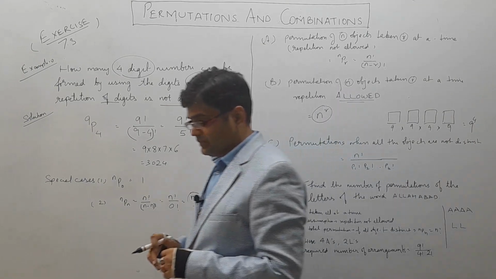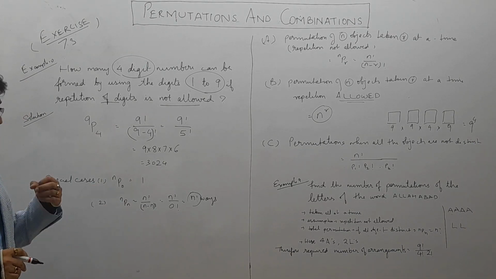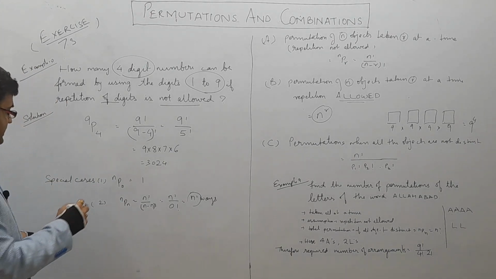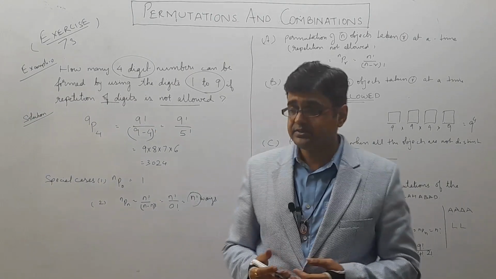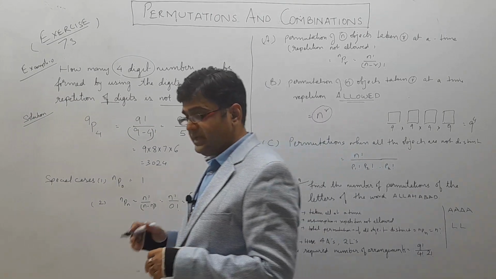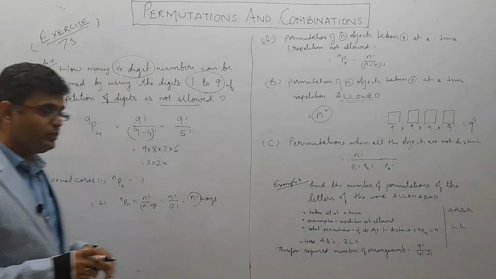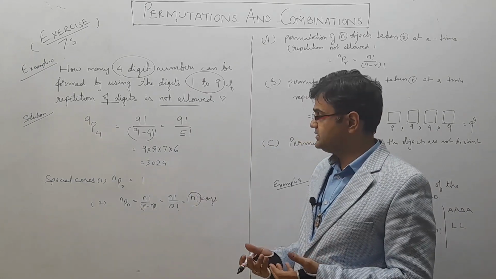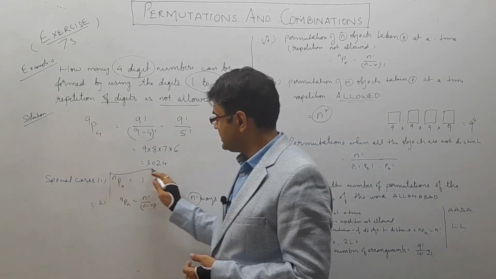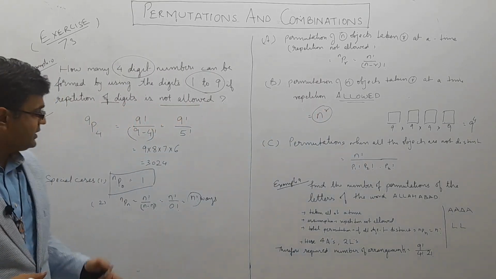And now I'll mention a few special cases of this formula of permutations. In case r is 0, it means n objects taken none at a time. There is only one way in which no object can be arranged. So this is a theoretical concept, nP0, but there is one way: nP0 is equal to 1.